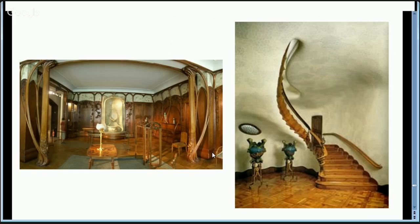And his book, The Origin of Species, caused such a huge interest in biology and love of all things nature and organic at the time. And this is how the Art Nouveau style was born. So the thing I love about the history as well is,